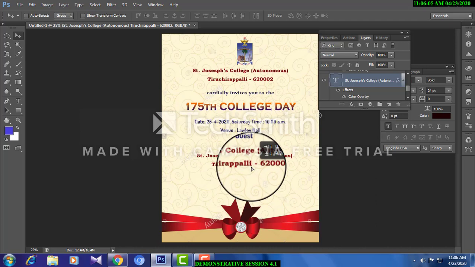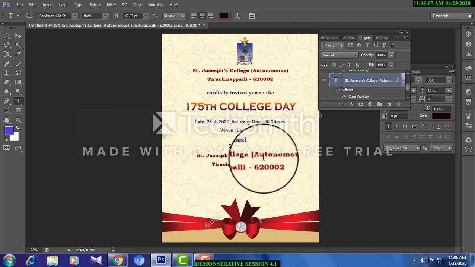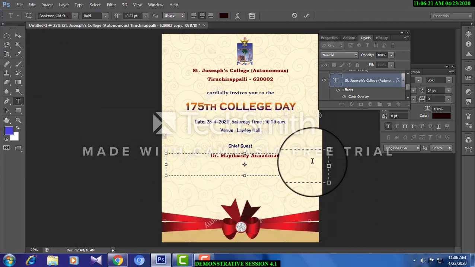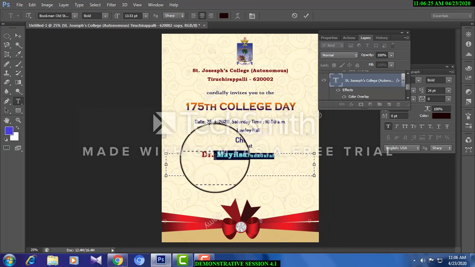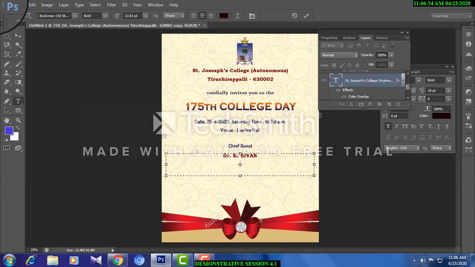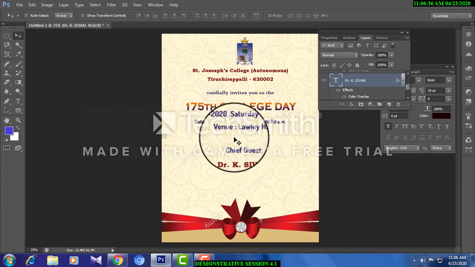Chief guest, Dr. Mailsami Annaroy, Dr. K. Sivan. You type, it is only a sample, please do not make it a real one, just a sample.